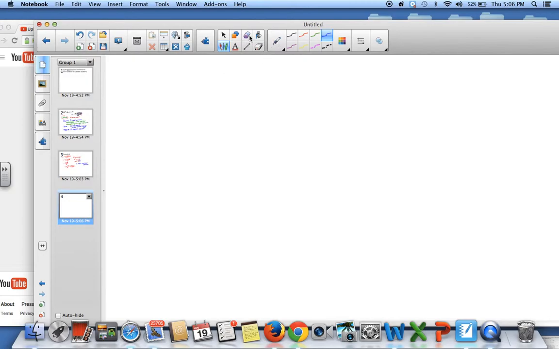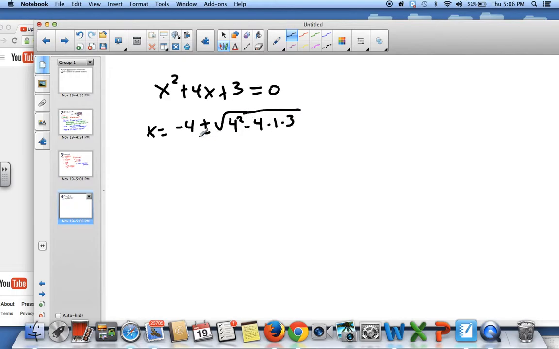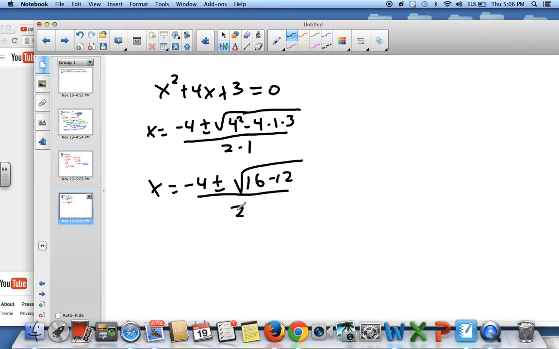I'm just going to change one number in the problem. I'm going to say x squared plus 4x plus 3 equals 0. And if I were to do it the long way, I would say x equals negative 4 plus or minus the square root of 4 squared minus 4 times 1 times 3 all over 2 times 1. And that's going to be x equals negative 4 plus or minus the square root of 16 minus 12 over 2, which is negative 4 plus or minus the square root of 4 over 2,